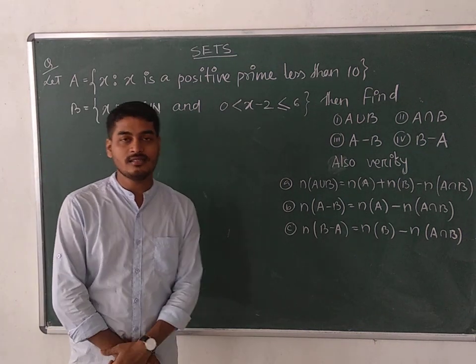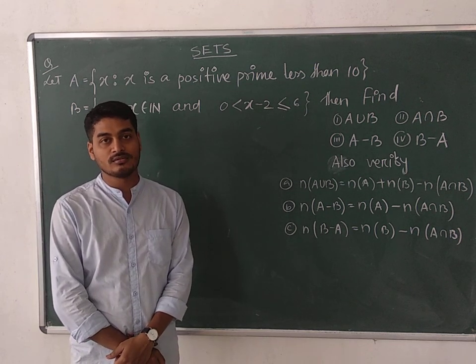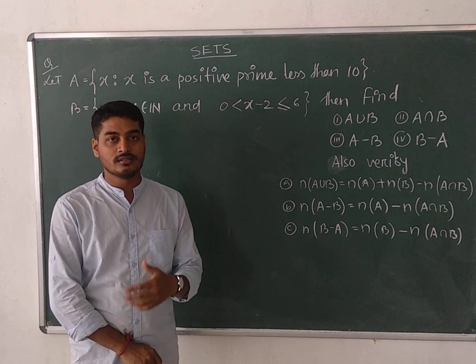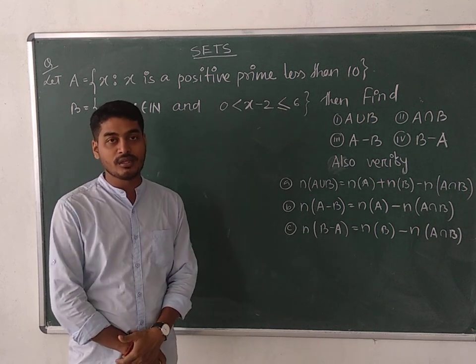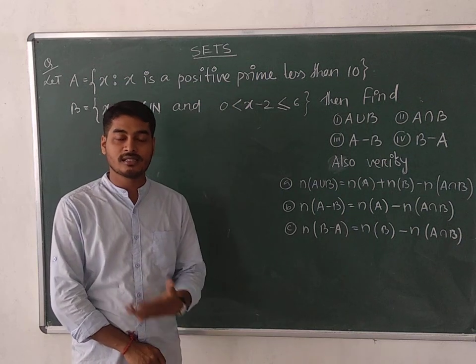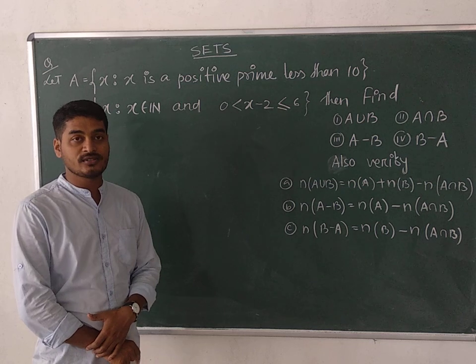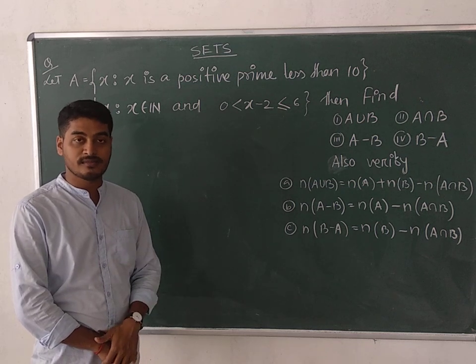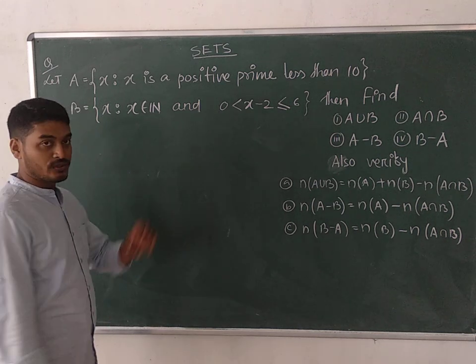Here in this lecture, I will try to cover one question which is related to the operation on sets, or the relation between A and B: A intersection B, A minus B, B minus A. So many defined questions are there. Out of all those questions, I have selected questions in such a way that you will get the answer of the maximum number of questions. So first of all, just go to the question please.